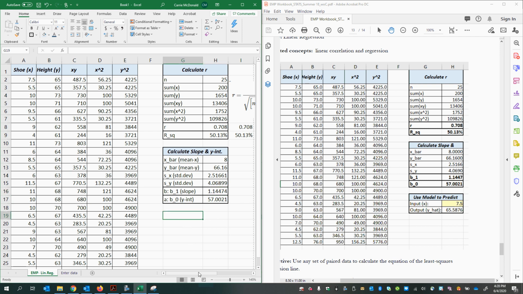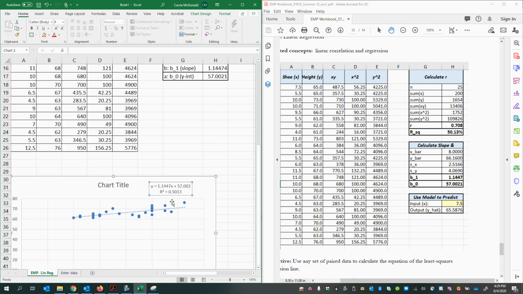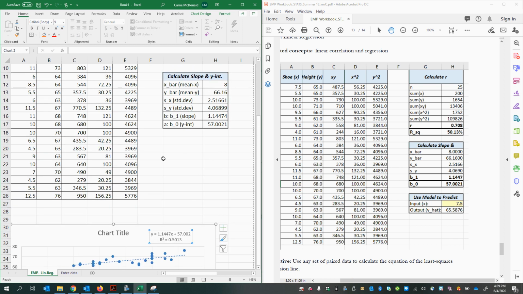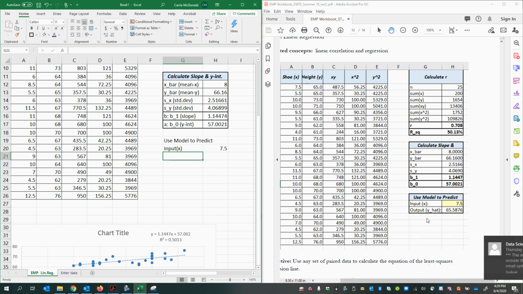linear regression equation. So notice that those values are the same ones that we also got from our scatter plot when we did the trend line. That matches up with what we have here, and here matches up with our linear equation. So now we're ready to use the model to predict or forecast. And we'll do the input value box. This will be a place where you just input a value. You can leave that blank, or we can put 7.5 in there just so that we have the same thing as in the example. Then output,